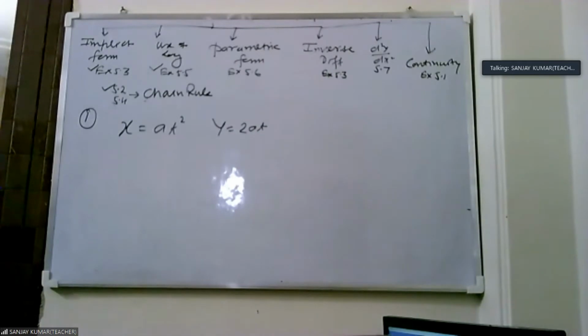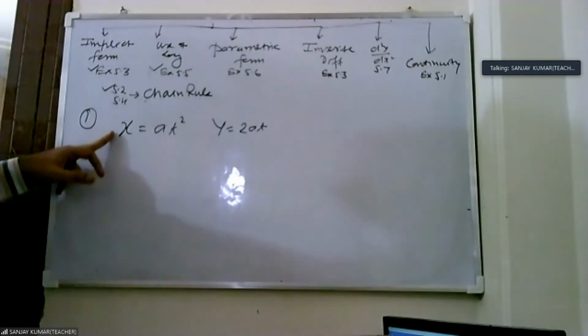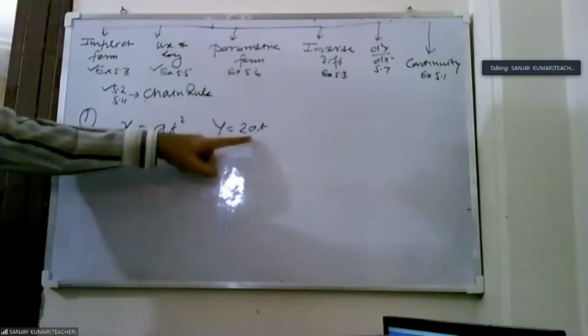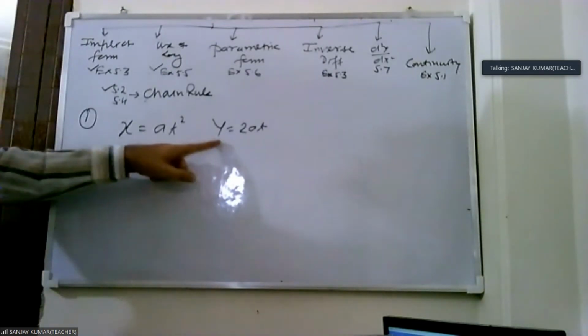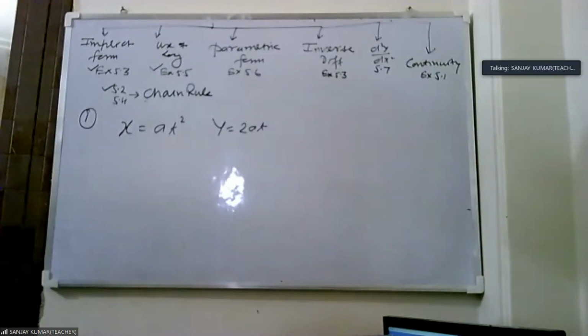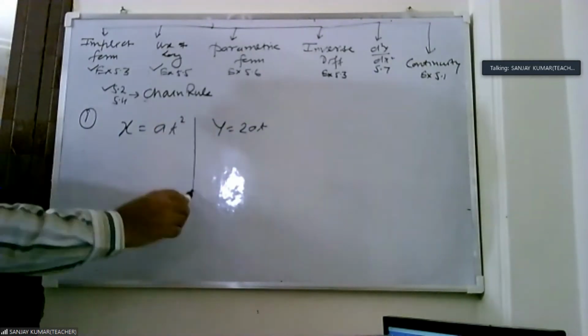x equal to at squared, y equal to 2at, and then he says find dy by dx. But the problem is that if you differentiate, the first one does not have y and the second one does not have x, so you cannot differentiate with respect to x. Here y equal to 2at, and you can say t is not a constant because t is related with y and t is also related with x. Indirectly x and y are related. But the problem is that if you find the value of t and put it in the second equation, every time it is not possible. So what we do here is we consider t as x.